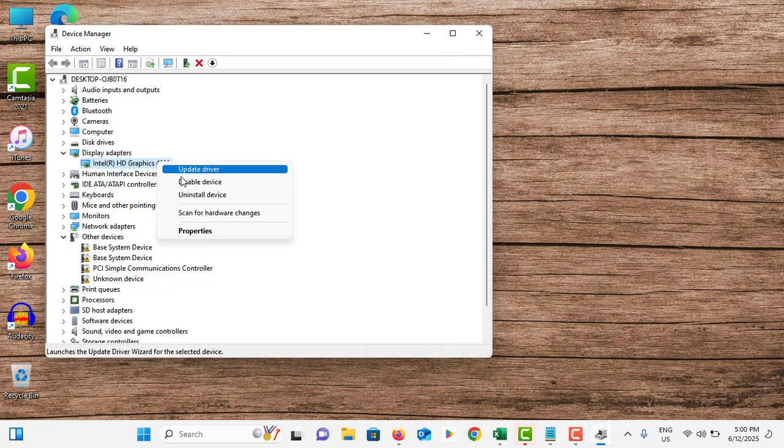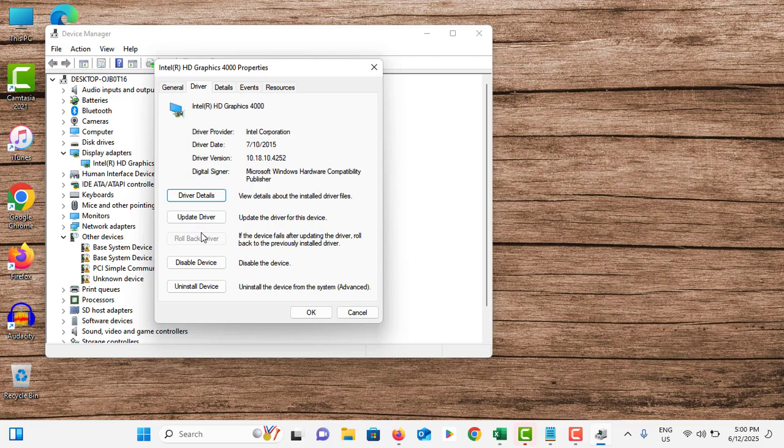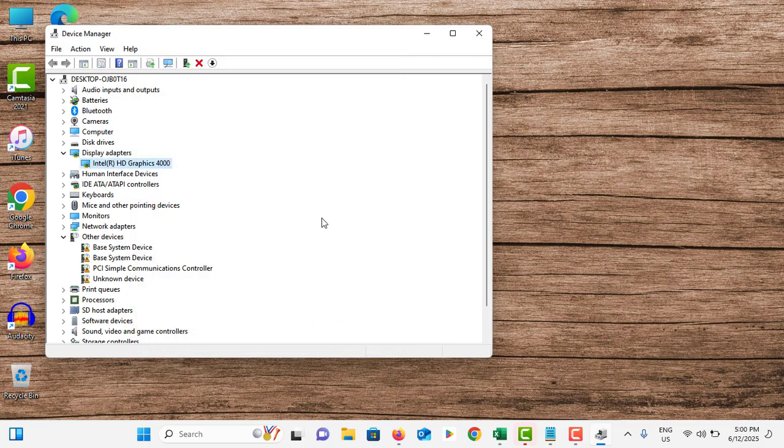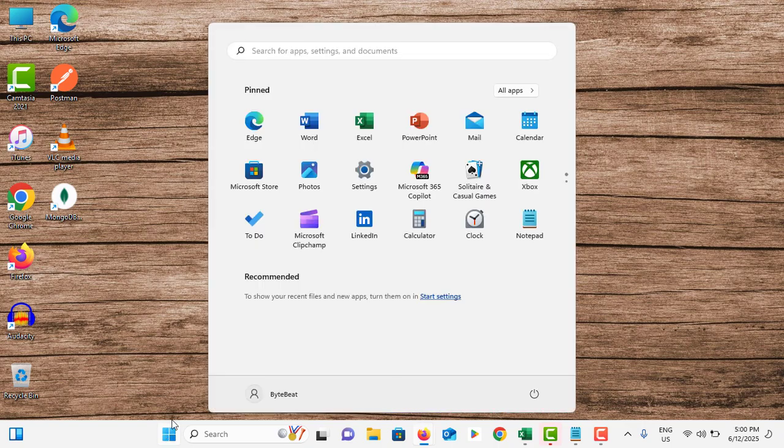So finally, you can right click on it, go to properties, and go to the driver tab. If there is a latest version installed recently, you can roll back that driver by tapping on this one. In my case it is inactive, so if you are able to see this is active, tap on this one, and it will roll back your driver. Once it is done, tap on OK, tap on close,